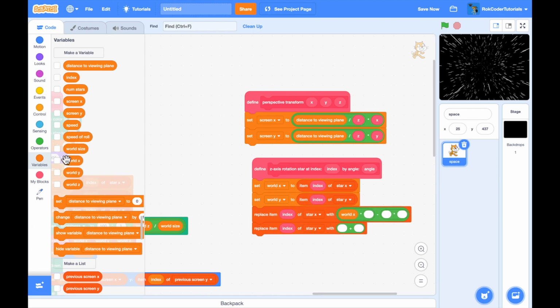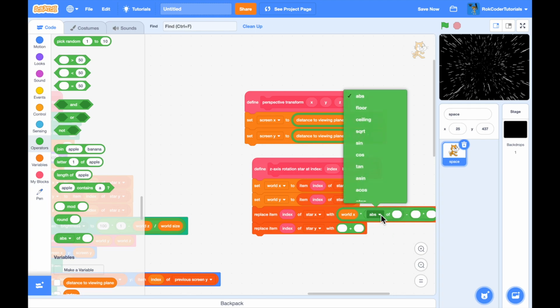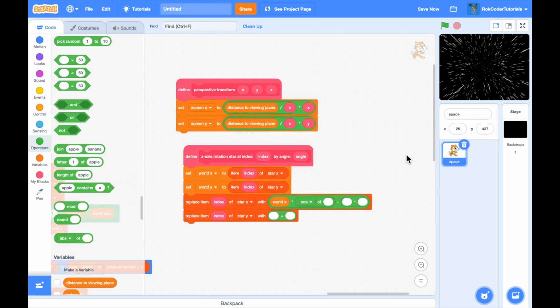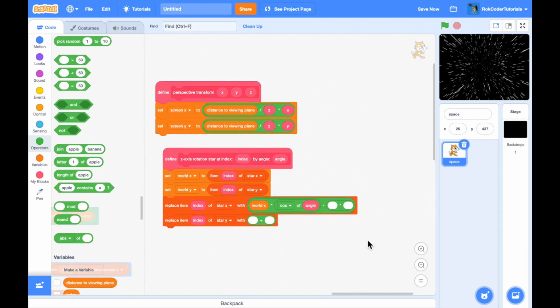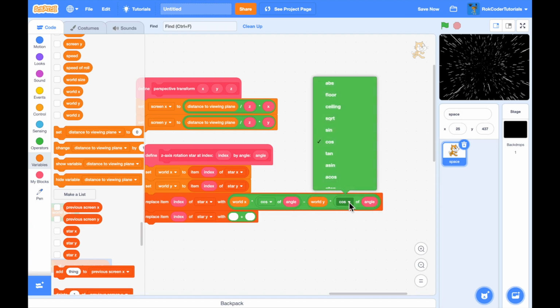and now a mathematical function. So I go to operators, and it says ABS, which stands for absolute value. I'm going to drop that down and change it so it's actually doing cos, which stands for cosine. So there's a bit of trigonometry coming in here. The cosine of the angle I'm rotating by, and I'm going to subtract the world y coordinate. There's actually some matrix mathematics here that you may have already covered, or depending on how old you are, you'll cover it later on in maths. It's an interesting subject. I'm going to multiply it by the sine of the angle,